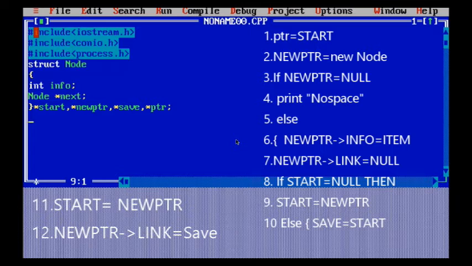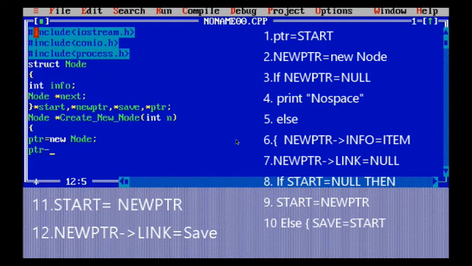Now I'm going to start with a function, that is node start create new node. Basically, what will the function create new node do? It takes one integer argument, allocates memory to create a new node and returns the pointer to the new node. Basically, it will take a value in the form of an integer, and then it will create a new node and return the pointer to the new node. So for that, I have taken ptr equals new node. As I have told you previously on how to insert, first of all, take a pointer and then add a new node. Then reference it, ptr info equals n.